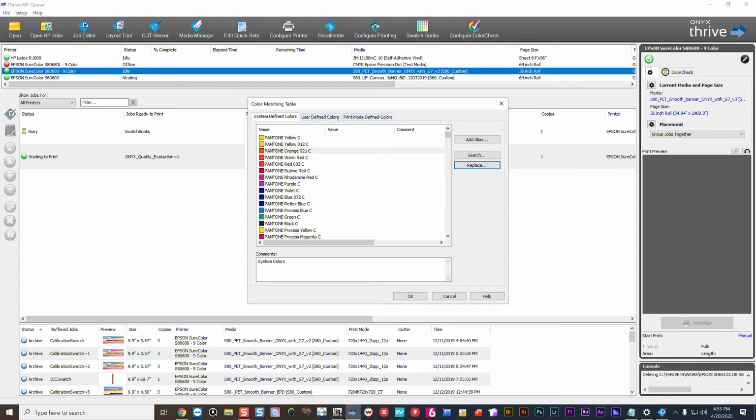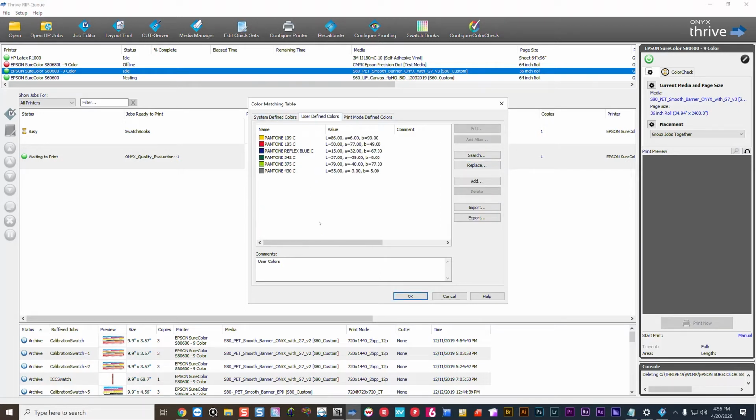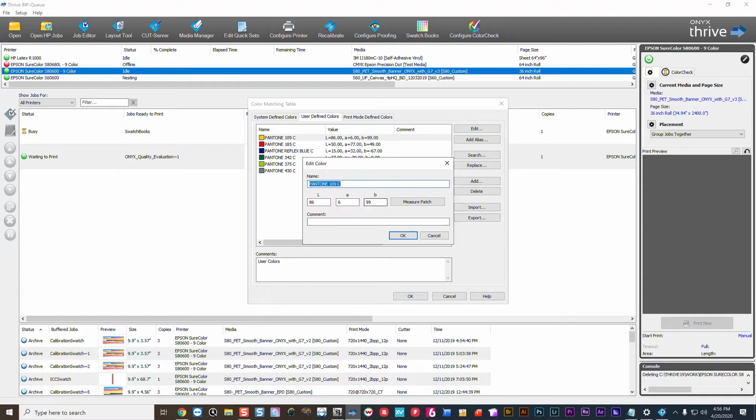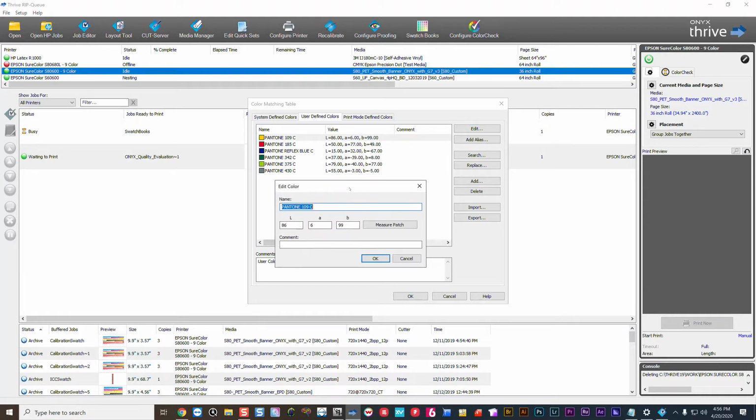Two ways of doing that, in ONYX at least, are to use user-defined colors as well as print mode defined colors. So let's go over user-defined colors first. You'll notice in user-defined colors that I have the ability to add a LAB value. So why would you want to do this? Well, when we measure colors, we're using a spectrophotometer, and the value that the spectrophotometer gives us back